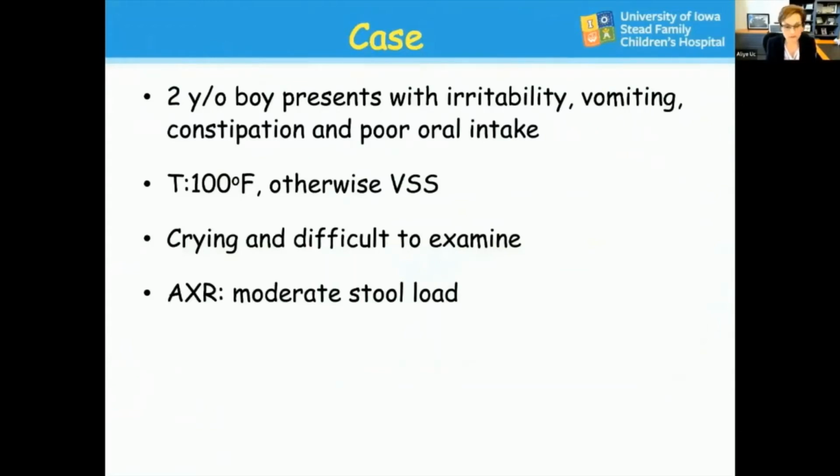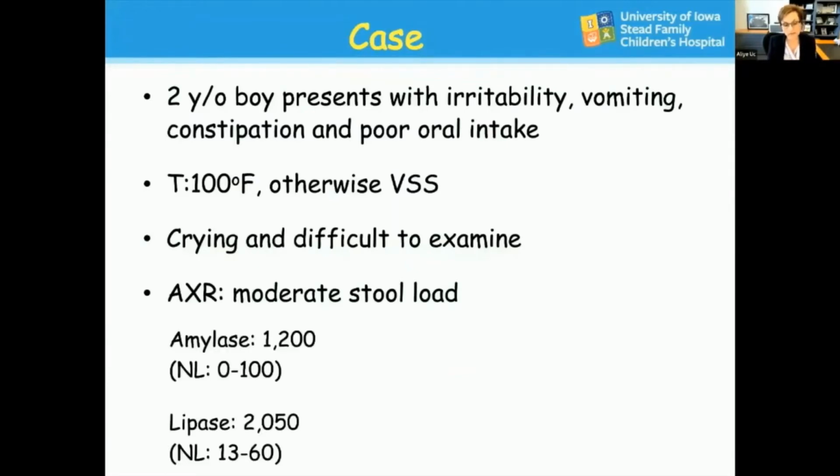And if an X-ray is taken, you can see a lot of stools, which, by the way, is not a great way to diagnose constipation, but a lot of times that's what happens in the ER. So this could be seen as a kid, perhaps with viral infection, stomach flu, constipation. Unless somebody orders an amylase and lipase, acute pancreatitis may never be diagnosed, and sometimes those kids will be seen multiple times for acute pancreatitis. Even though they have recurrent acute pancreatitis, they will never get the diagnosis, so it requires really a diagnosis of